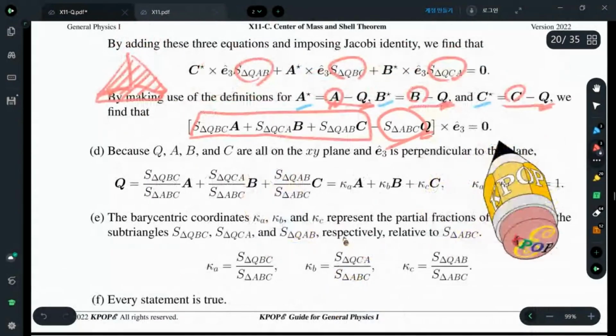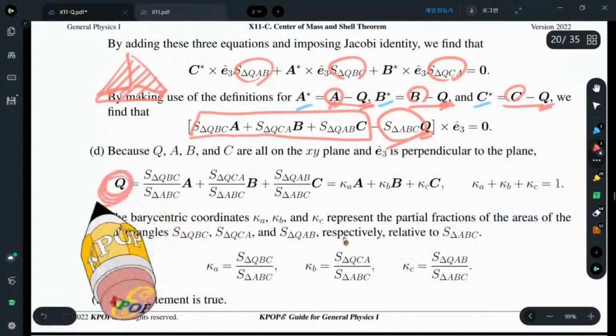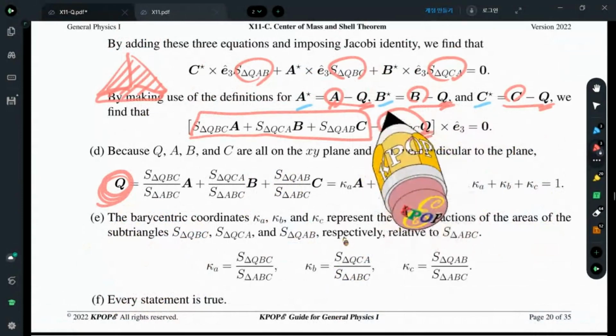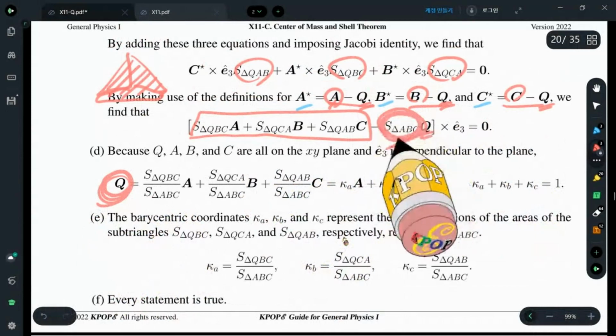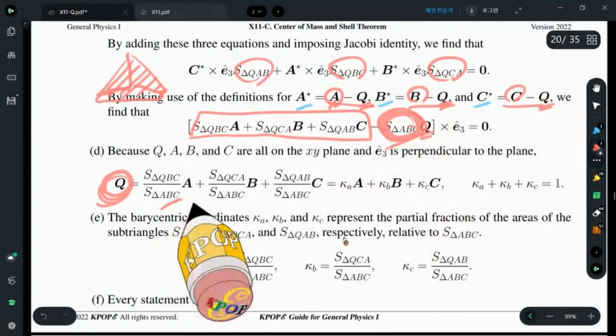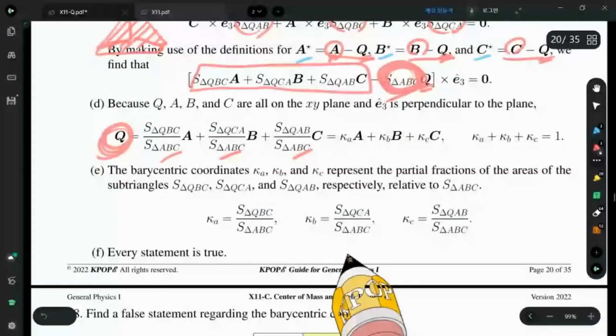Finally, it is exactly 0. That means Q is not the center, but any point inside a triangle. And we have the total area of the triangle. Divide this one. So what we find is